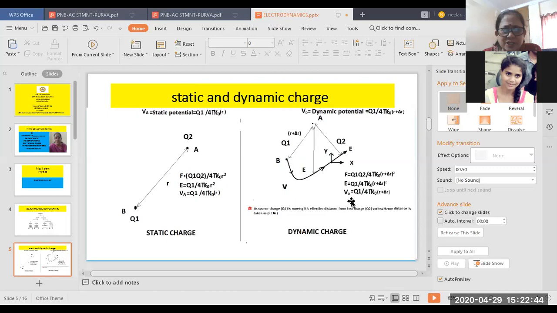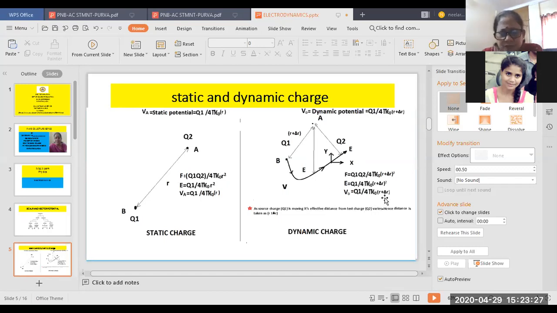So now I can write the potential as what? The source charge value is Q1, same equation here, but the only difference is that I am writing R as R plus delta R. Why am I putting a delta R? R is the distance between point A and point B. B may be here, B may be here, it is changing. So naturally the radius of observation will have an additional factor plus or minus delta R. I have taken only a positive charge, that means increasing order, so R is written as R plus delta R.